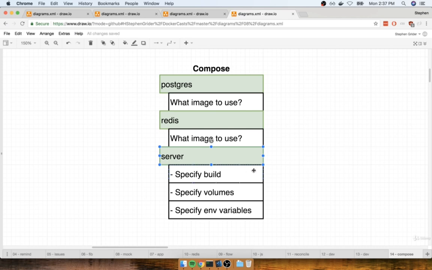For the server, we probably need to specify some of the options that we had seen on the last Docker compose file we put together. So we probably need to specify some build options. For example, what Docker file to use. We probably need to set up some volumes to make sure that anytime we change some of our source code, the container source code updates as well. And then this is going to be something that we have not done before, but this is going to be something that becomes very important in this application. We're going to have to start thinking about specifying some environment